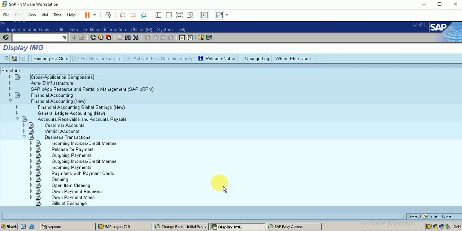Okay guys, I am stopping here. We will continue in the next class with the check configurations, how to configure the check lots, how to make payments through check, and how to receive the check. We will see that in the next video.